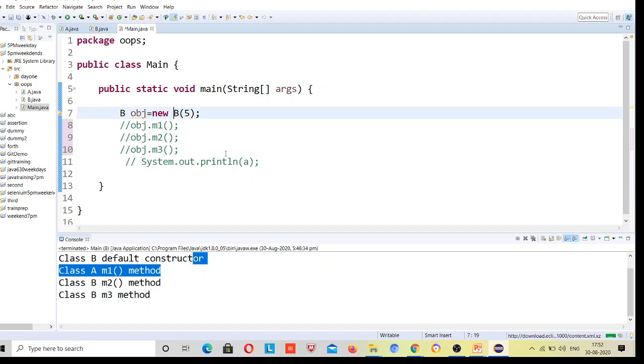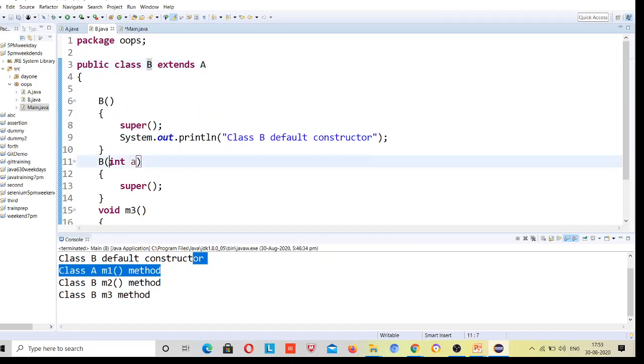What I have done is made an object of class B and passed the integer value 5 inside the constructor of class B. So it says call the constructor of class B which takes one integer value. It went here, and this is the one-integer constructor present inside this class.